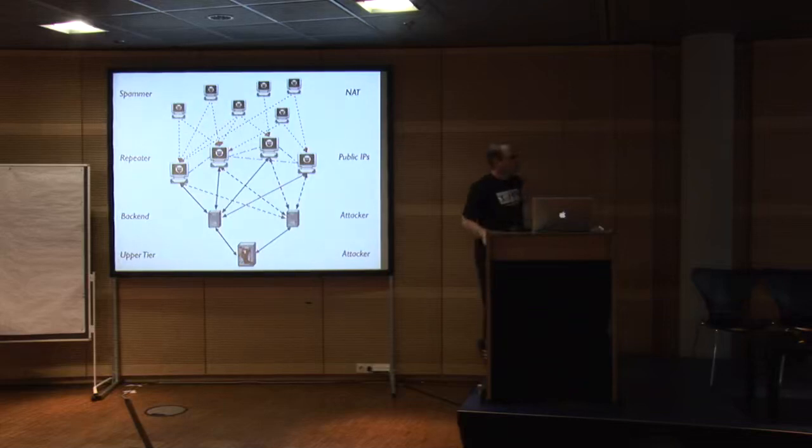Then we have the infected machines with the public IP address, which are used as repeaters. They are just some kind of relay between the infected machines and the actual backend servers, which are used by the attacker to distribute the commands and to collect information and other critical tasks within the botnet. But the repeaters themselves do not cause any harm, since they are just used to relay commands between the different layers. And within this layer, they also implement Kademlia, the actual peer-to-peer component.